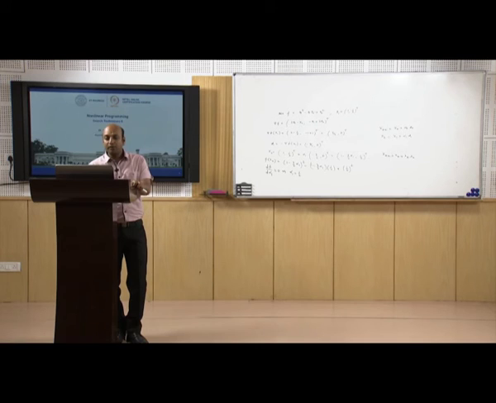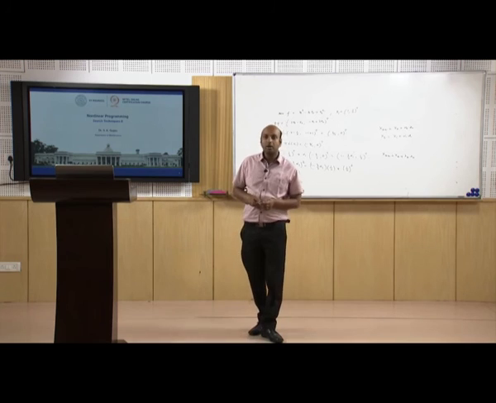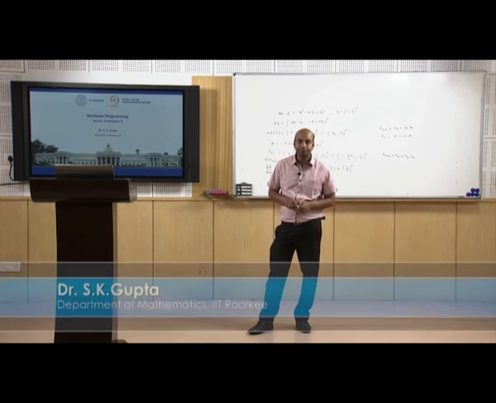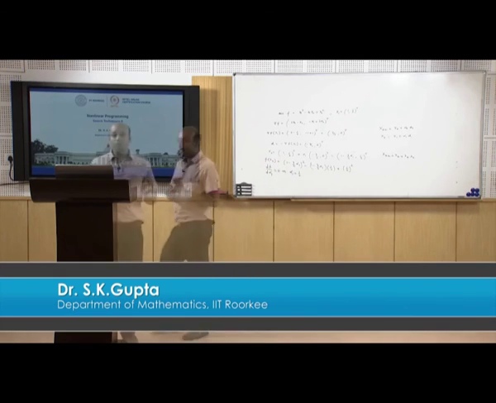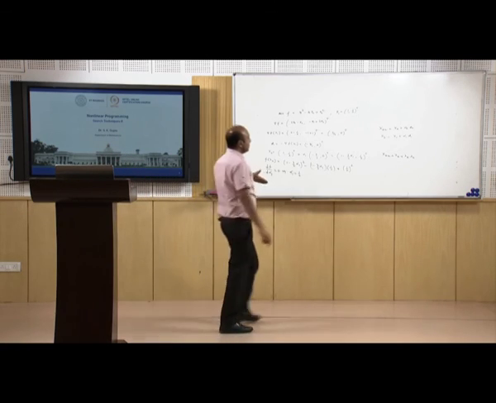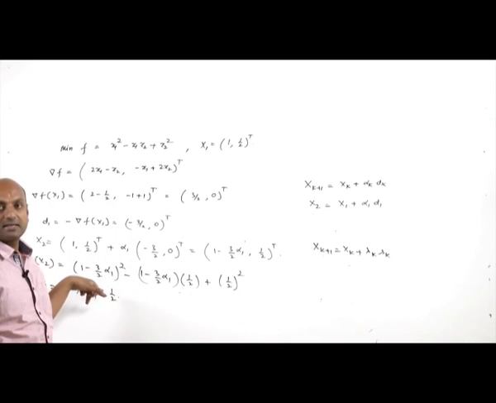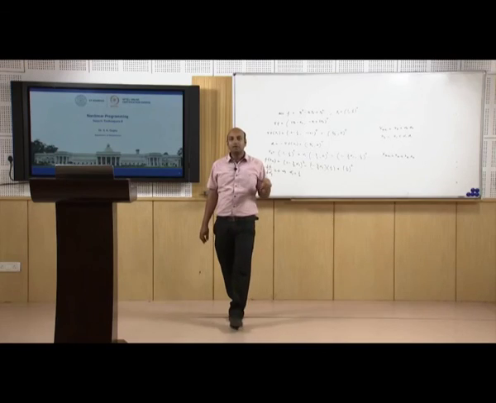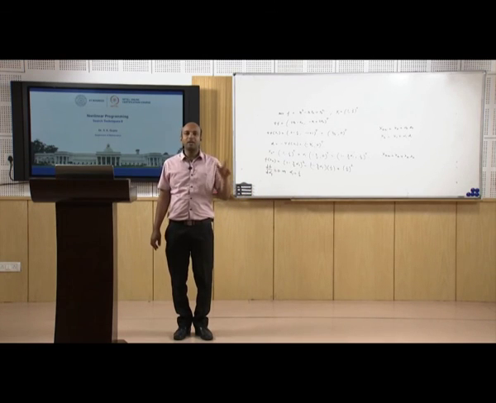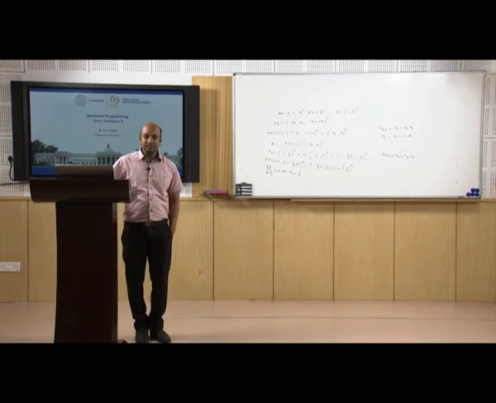So this is how we can apply the steepest descent method to solve an unconstrained optimization problem, okay. So basically in this method we start with the initial guess, go in the direction of the negative gradient of f, find the optimal step size by putting this new point in the function and finding the minimum, and that gives the optimal step size and the next point. The same process continues till we reach the tolerance level, okay. So that is all in this lecture. So thank you very much.